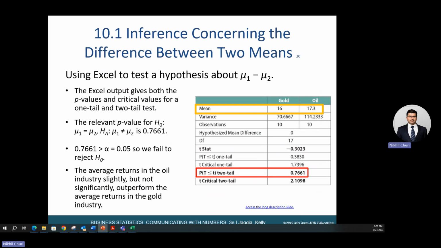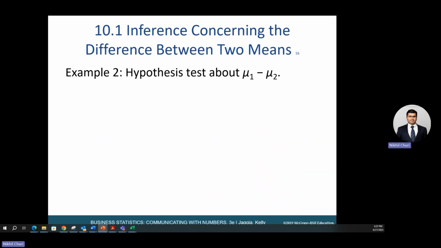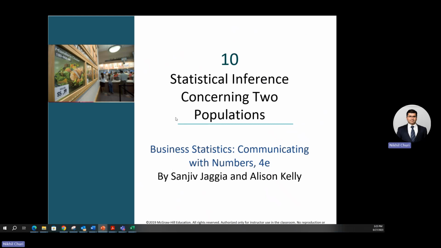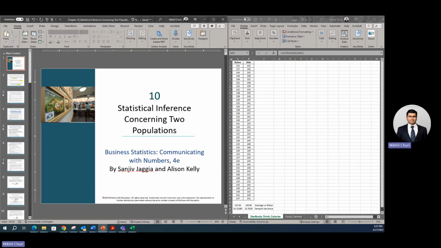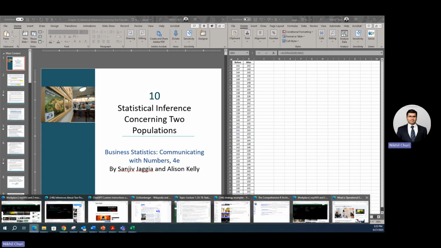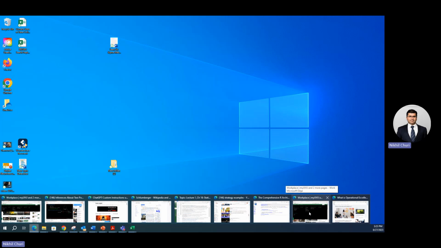So I want you guys to go ahead and understand all the lecture slides which are posted in our Canvas, and go ahead and start taking your quiz. But remember, make sure you read all the lecture slides, understand them. If required, take a pen and paper. You can practice the problems. You can pull your Excel. You can practice more. Once you read and understand all the lecture slides once, read and understand a second time as well. So two levels of reading and understanding will definitely help you understand a lot better. And once that's done,